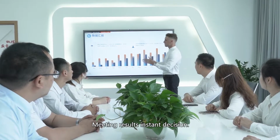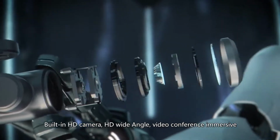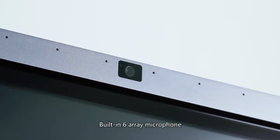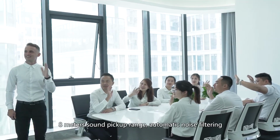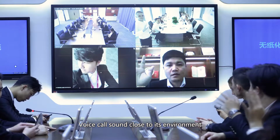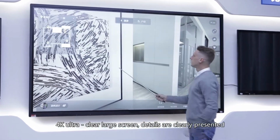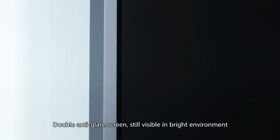meeting results, instant decisions. Built-in HD camera with HD wide-angle makes video conferences immersive. Built-in 6-array microphone with an 8-meter sound pickup range and automatic noise filtering makes voice calls sound close to the real environment. 4K ultra-clear large screen, details are clearly presented. Double anti-glare screen,